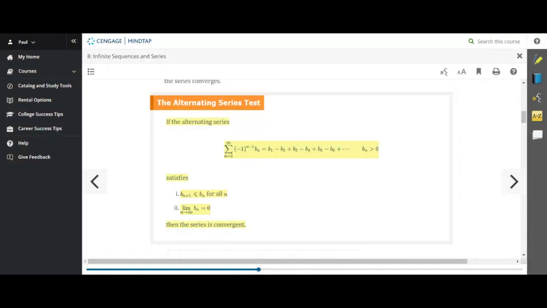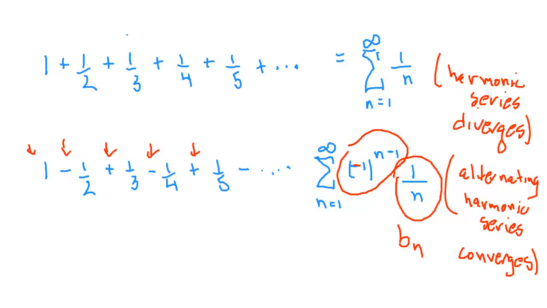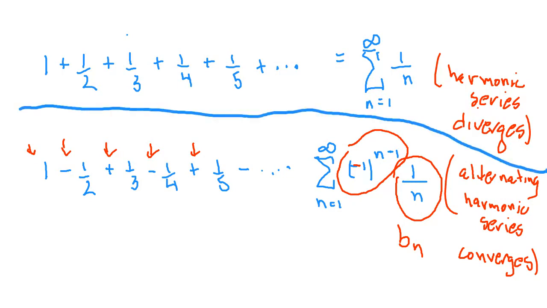So those two conditions, if I go back to the whiteboard, they're satisfied, because by the alternating series test,